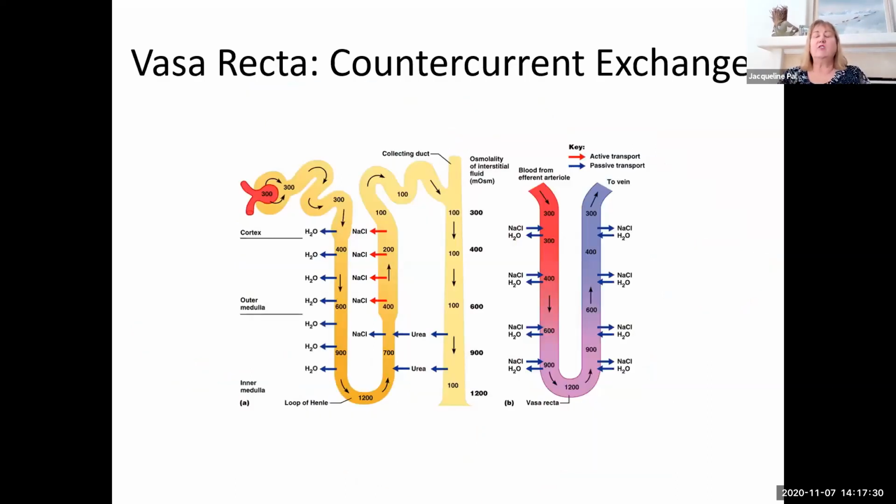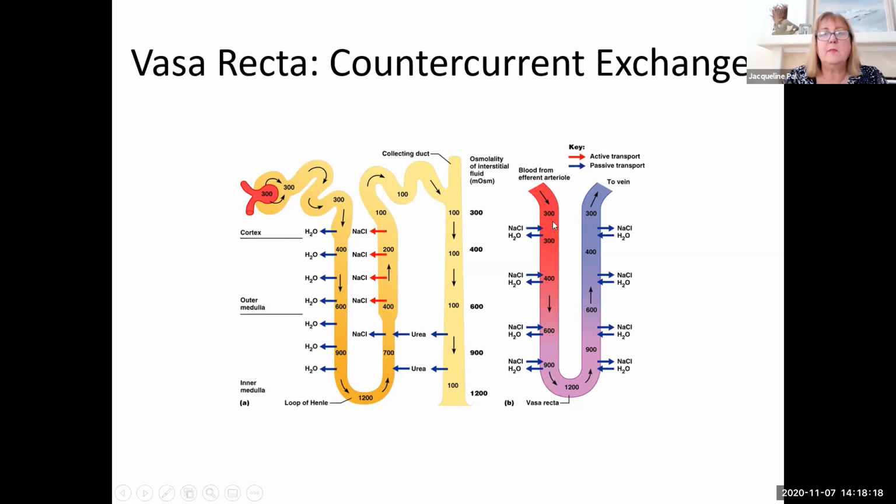So in the next step, we are talking about the vasa recta. And the vasa recta basically are just an exchange mechanism by which we can maintain this. So if you notice, in the descending thin limb, we are losing a lot of water into the peritubular fluid. And then in the ascending limb, we are losing a lot of sodium. So proximally, we have high sodium going here. And so sodium can go into the arterial side and water can exit the arterial side